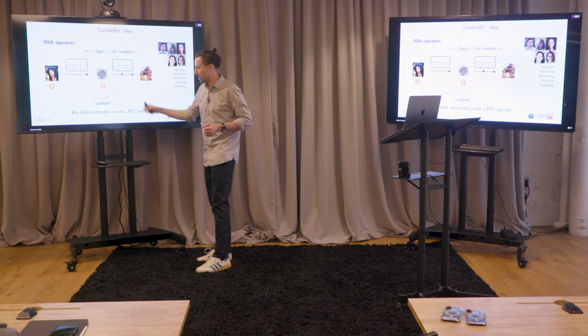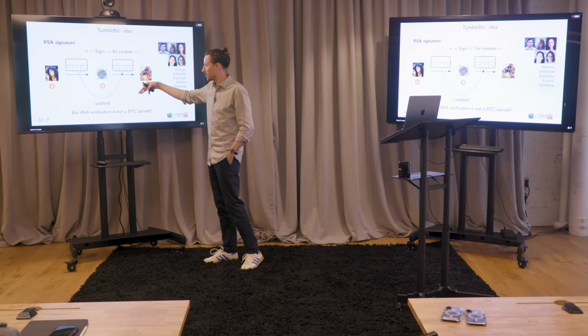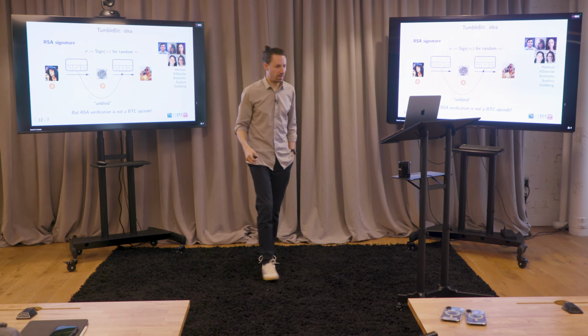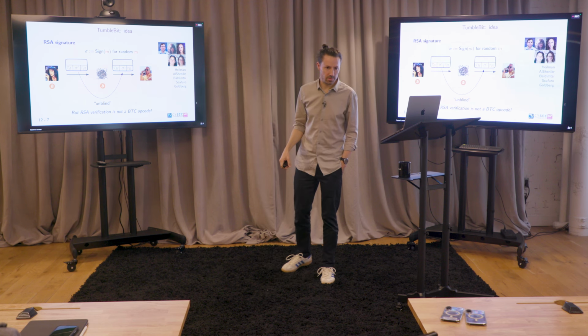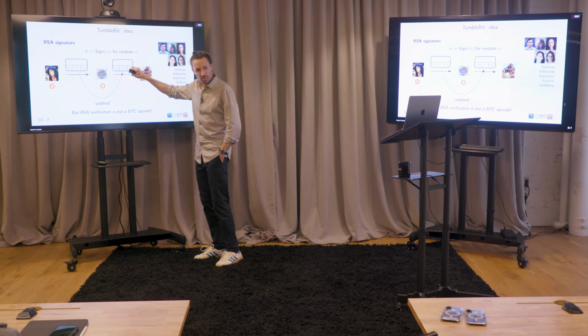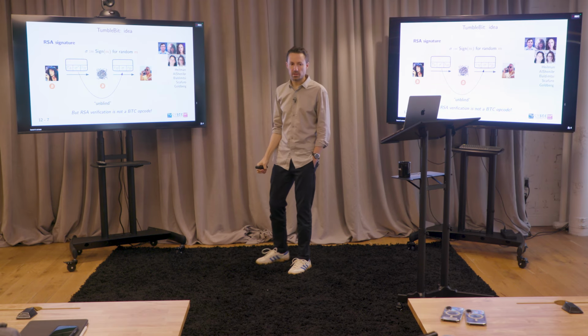So Alice, or whoever blinded it, can unblind the signature, and then use it to redeem the second transaction. Who knows M? Basically everyone. M is the statement that's encoded in the transaction, and sigma is the witness that you want for that transaction. M is just public. Yeah, exactly. M is public.